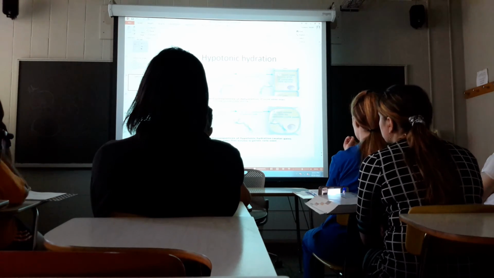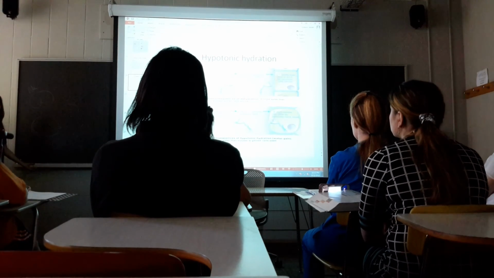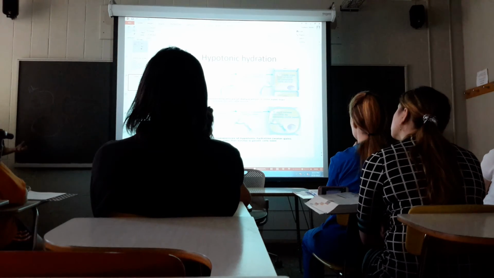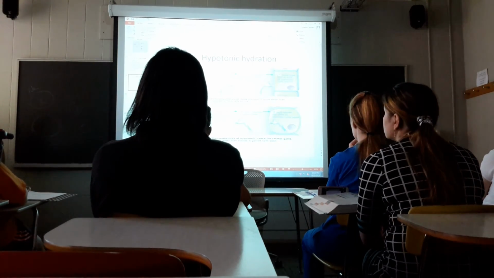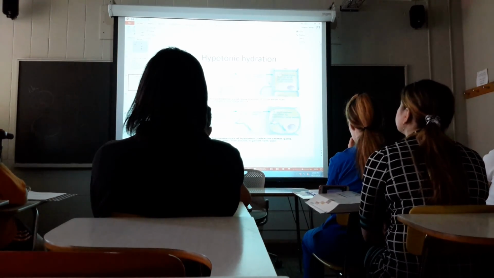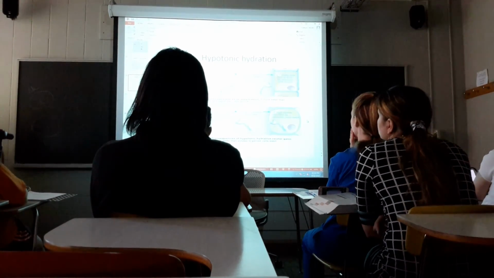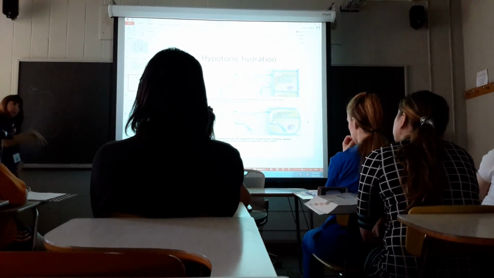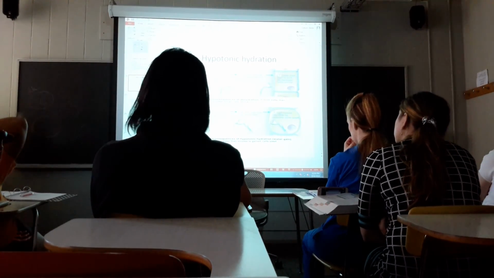But if we get out of balance, it's like leaving the faucet open and everything's going to come out and cells are going to shrink up. Or if we leave the faucet wide open and dump it into the cell, there's only so much they can take, and cells are going to swell. So we're out of that normal balance of hydrostatic and osmotic pressure. In this situation we're drawing too much out, hydrostatic pressure, and in this situation we're drawing too much in, osmotic pressure. They have to be equal. If one says push off, push off, push off, hydrostatic pressure, get out, we're going to shrink. And if osmotic pressure says come on in,